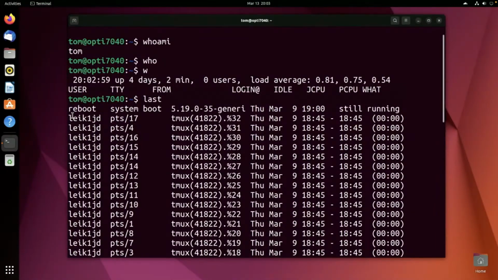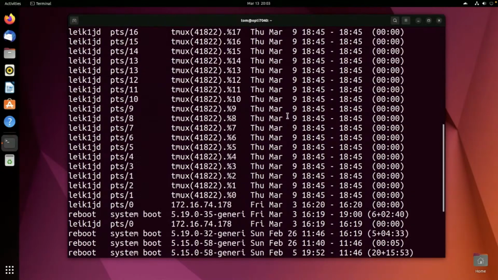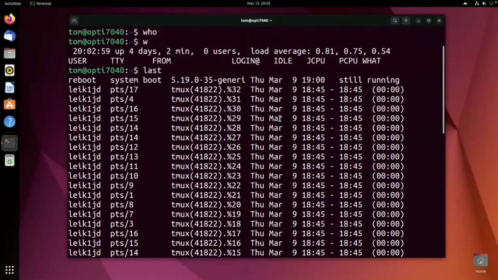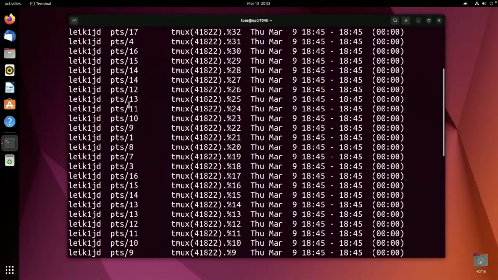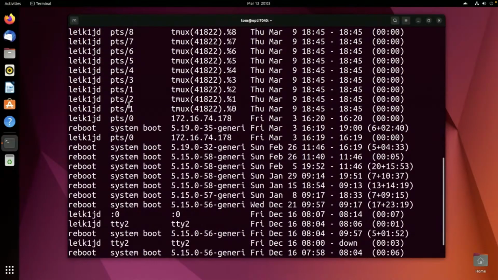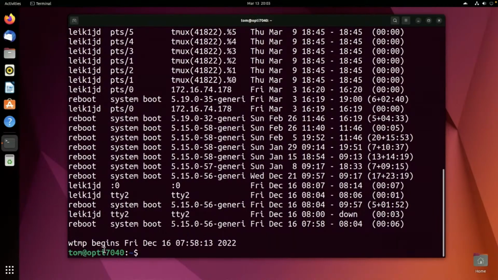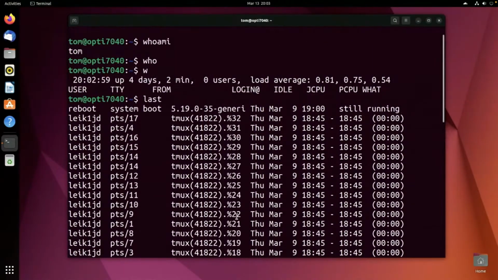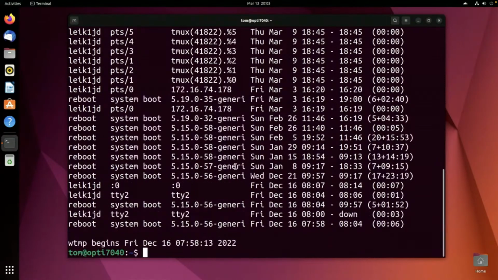Scroll up. System reboot. This is March 9th, so we got the newest at the bottom, maybe. Okay. Still running. Okay. We should have Tom listed on there somewhere. And I don't see him. Interesting. Anyway, I'm not going to worry too much about that right now. Something I'll have to investigate a little bit. But regardless,